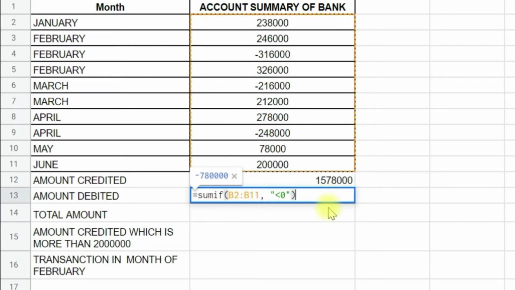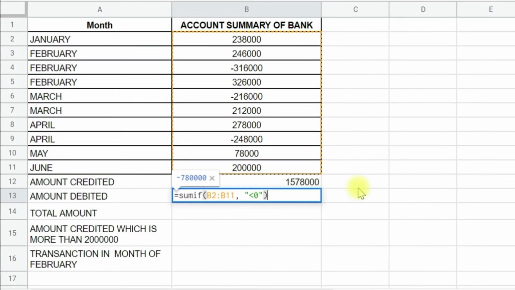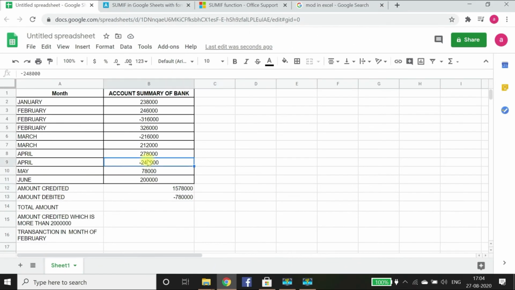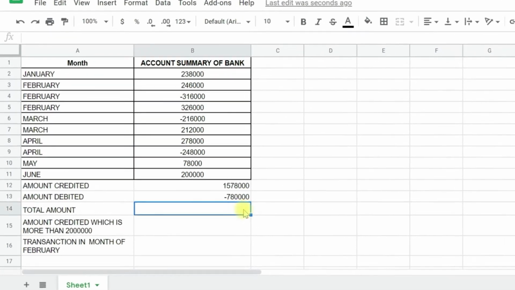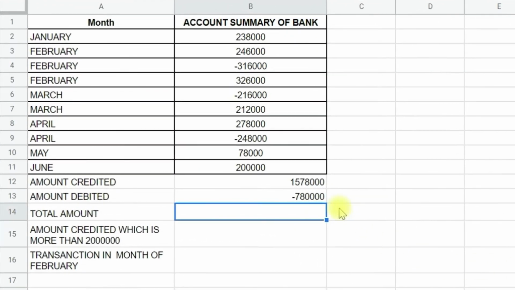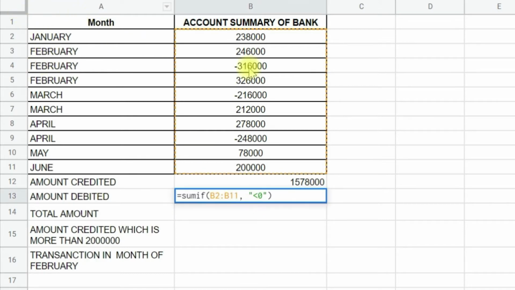Now let's check by adding the negative values. There are three entries. We'll select the three entries, and the two values match. So now we'll put it in absolute terms, that is, removing the sign.